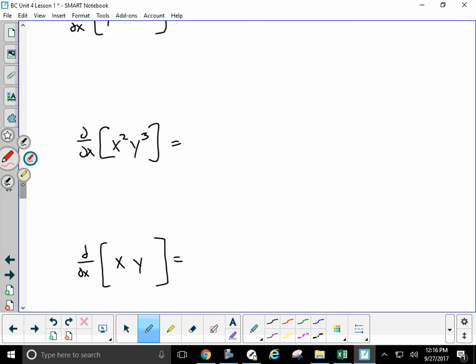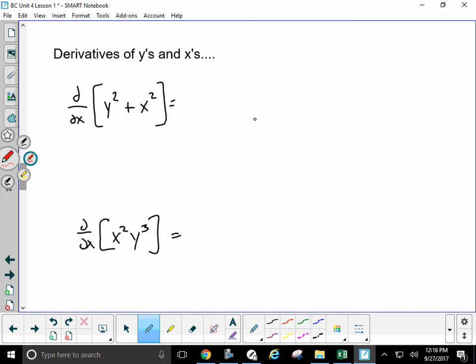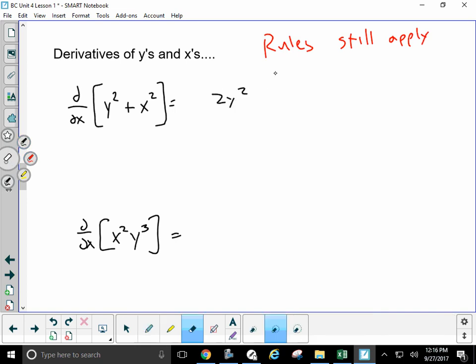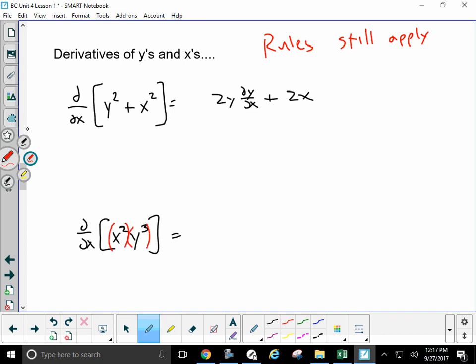Now, we can have x's and y's together. Just don't forget your rules still apply when you have x's times y's. Okay, first one, piece of cake: the derivative of y squared, 2y dy dx, plus x squared, 2x, and that's it. But where students make mistakes is where we see products of x's and y's. They forget to use the product rule. So make sure we use the product rule